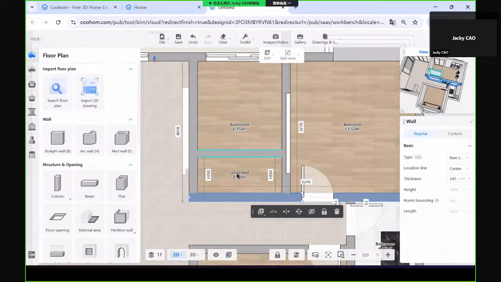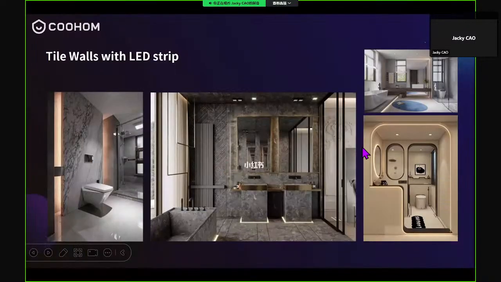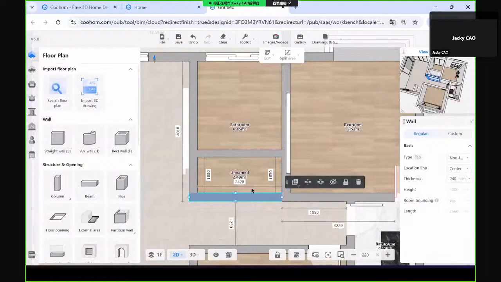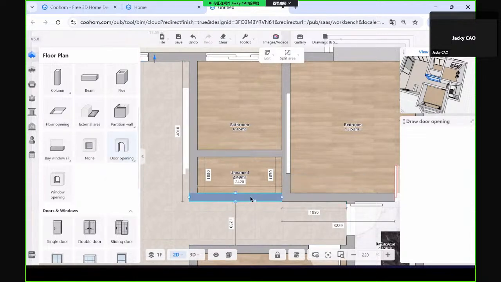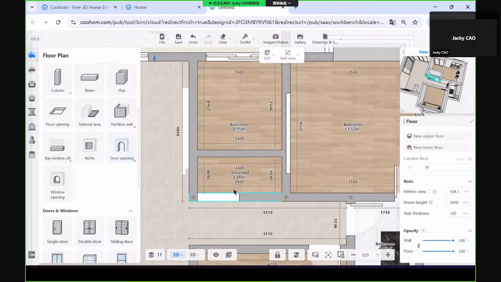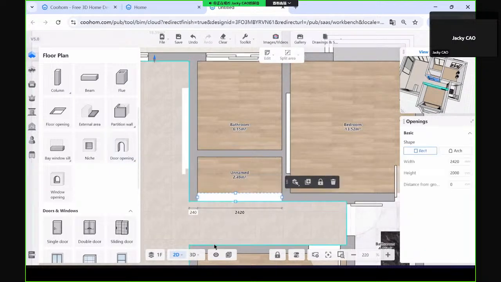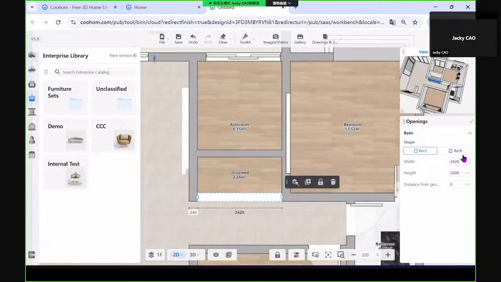And then you might have this area to settle as this kind of drawing. And what you need to do is to put a door opening, click and put. First you need to leave a place for the construction. And then the width is settled, and the height, maybe let's say